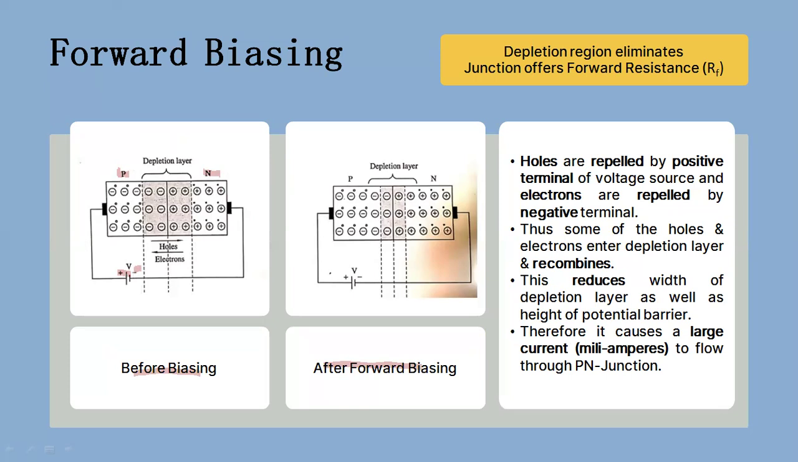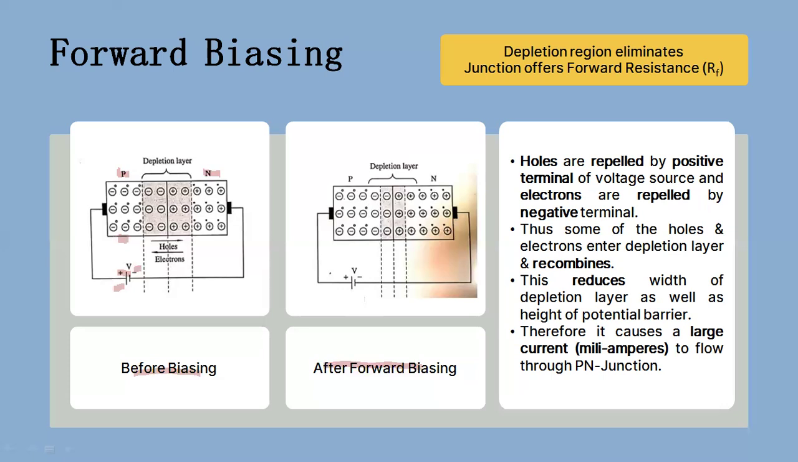As the positive terminal is connected with the P side and the P side has majority carrier holes, which are also positive charge, the positive terminal of the battery and the holes present in the P type will be repelled by each other, right? Because positive charges repel each other. Similarly, the electrons present in your N side and the negative terminal will be repelled by each other. So